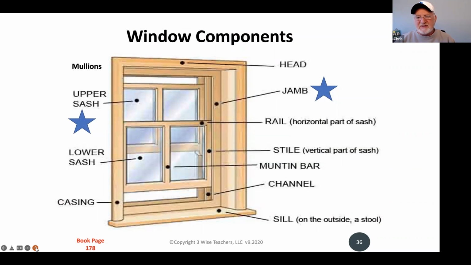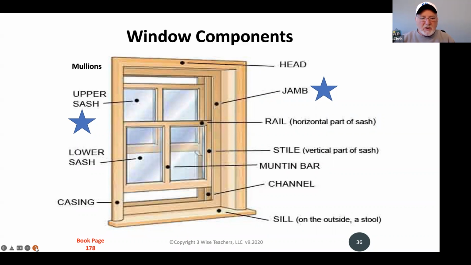I told you on this test, they may in fact throw in some language having to do with components. So we looked at foundation components, we looked at flooring components, we looked at roofing components. Just to be aware of it, be familiar with some words that show up on window components. And listen, some of these words could just simply be almost like Sesame Street, which words belong to which component.